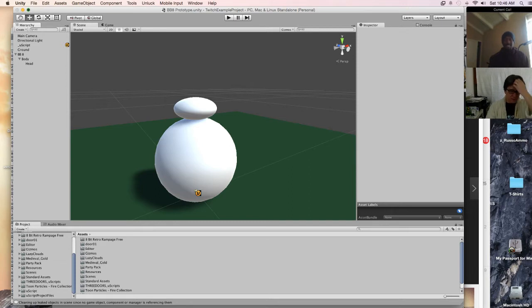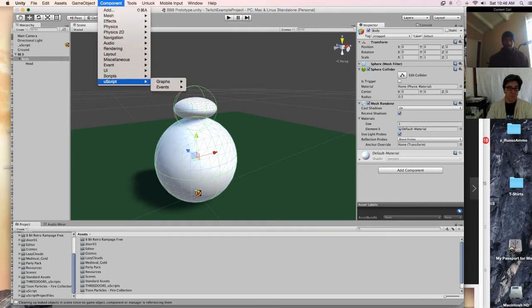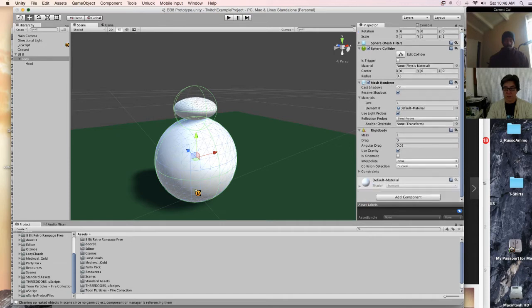So, one of the things I thought about doing, let's grab this. Let's add a rigid body to it. Let's go to physics, right? Rigid body. You need a rigid body to actually do things like define its mass. I'm going to make him two units in mass, which I'm just going to call kilograms. We won't mess with drag yet, or angular drag, but we are going to use gravity.